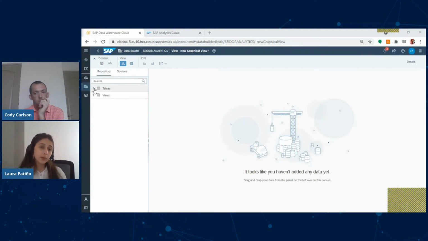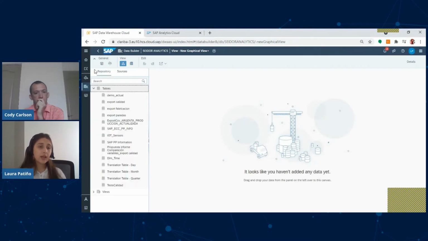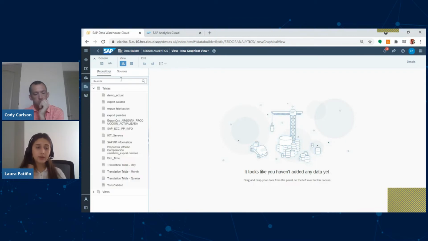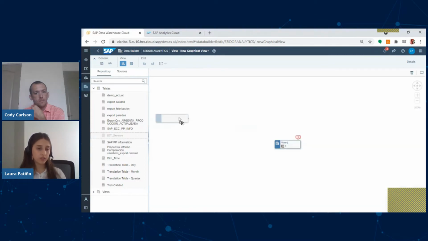Now in this part over here, I'm going to start creating a small pipeline. There you select where you're going to be extracting information. In the sources slide is where you extract your data. I already did it, so I can now find the tables in my repository.